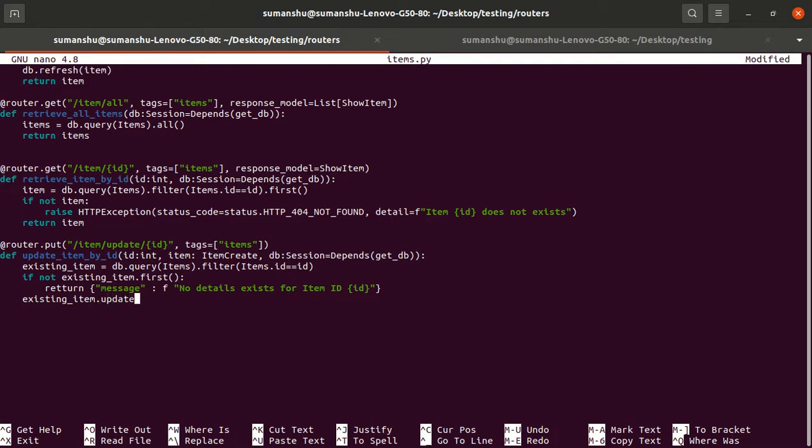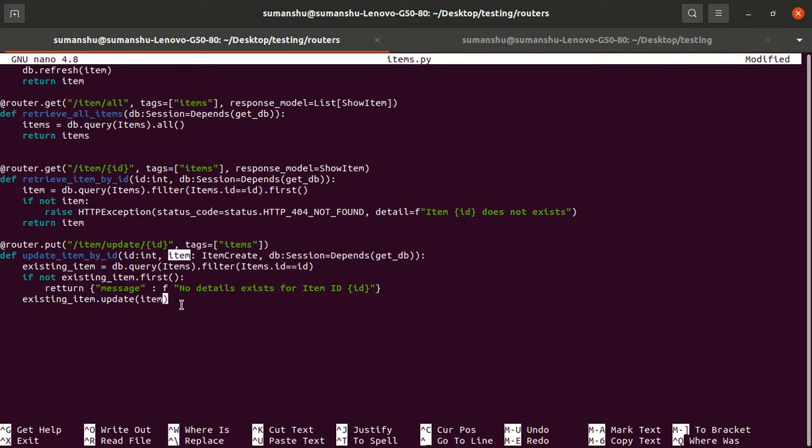Then we will use the update keyword, and within the update keyword, what data do we have to pass? We have to pass this item data. But the update keyword uses a dictionary as input, and this item is a pydantic schema, so it is not a dictionary.